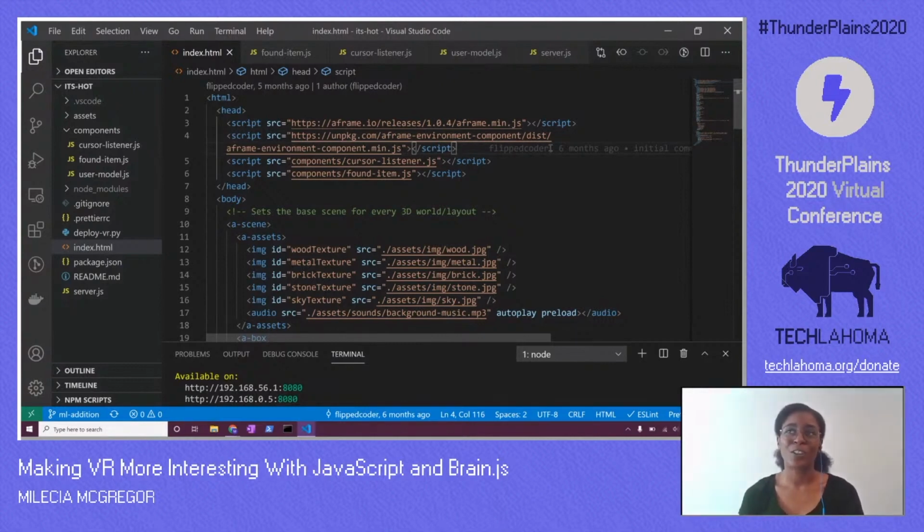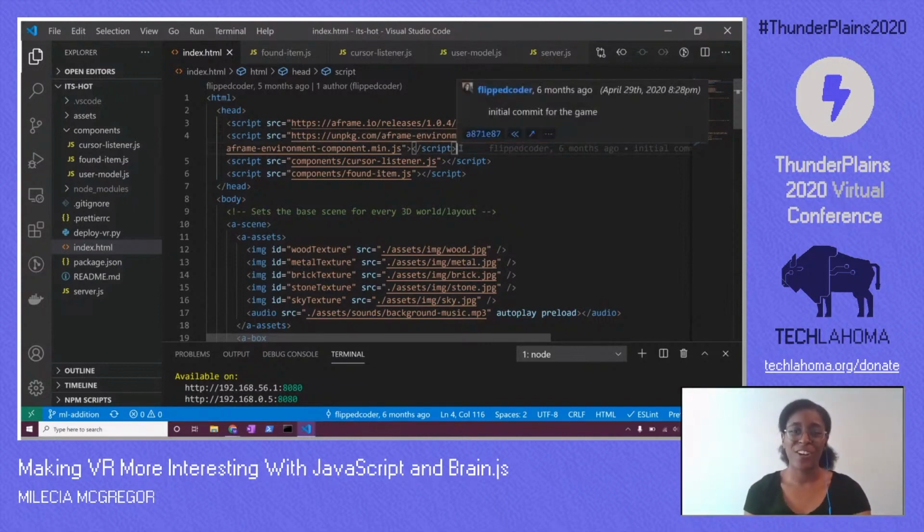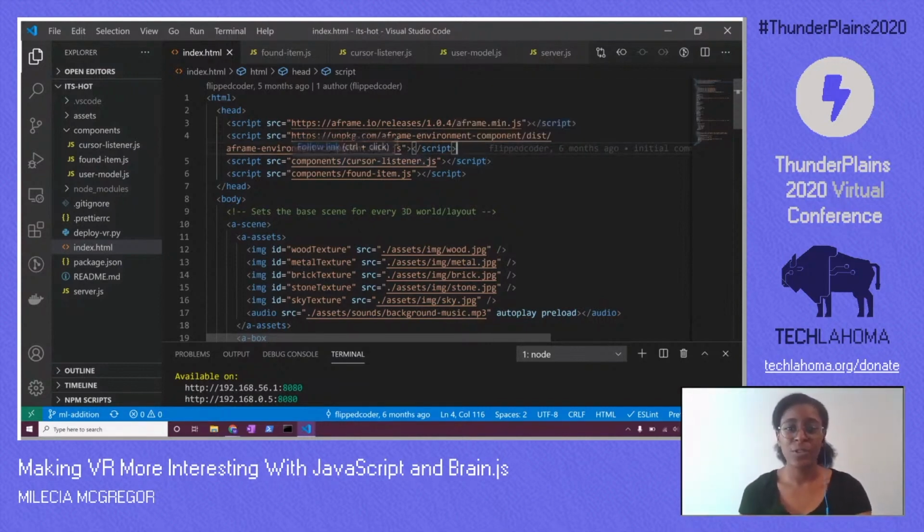That's a whole different coding problem. If you're familiar with something like Blender, it is beautiful for making assets for VR applications or basically any web-based thing where you need a 3D model. But I digress. To avoid having to make our own assets and environments, you can import this A-frame environment component